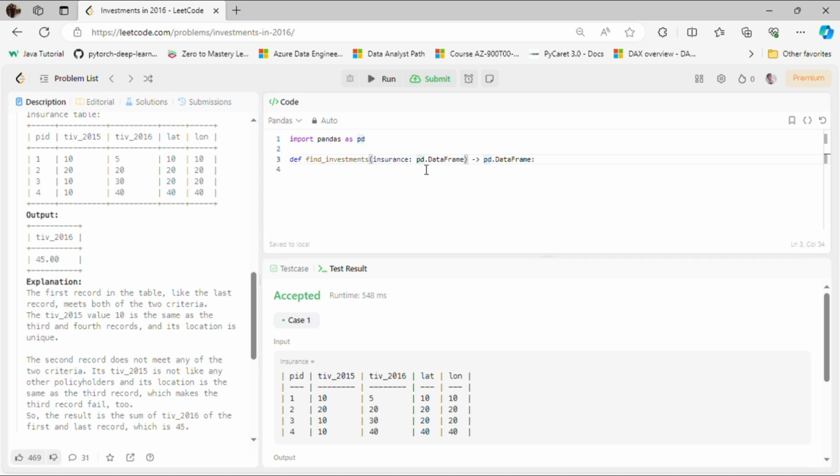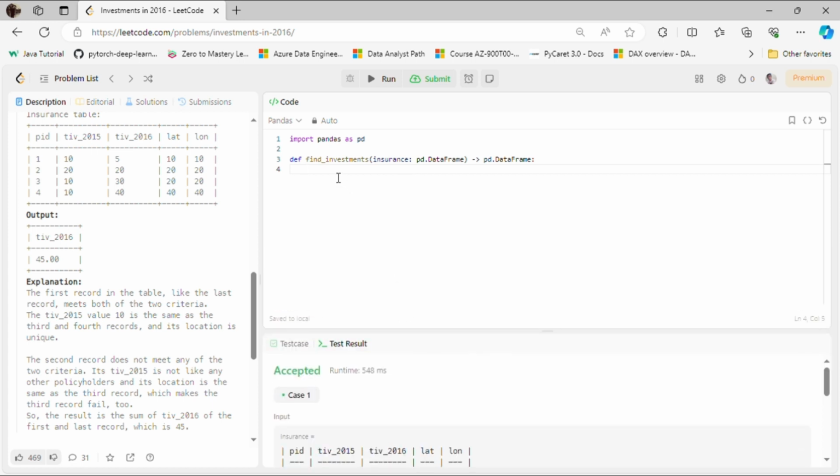So how will we solve this in pandas? As you already know the concept, the first thing is you need to figure out what you need to do. You should understand the question properly to formulate the solution. If you do not understand, then how will you find that solution? So first thing is we need to combine these two values